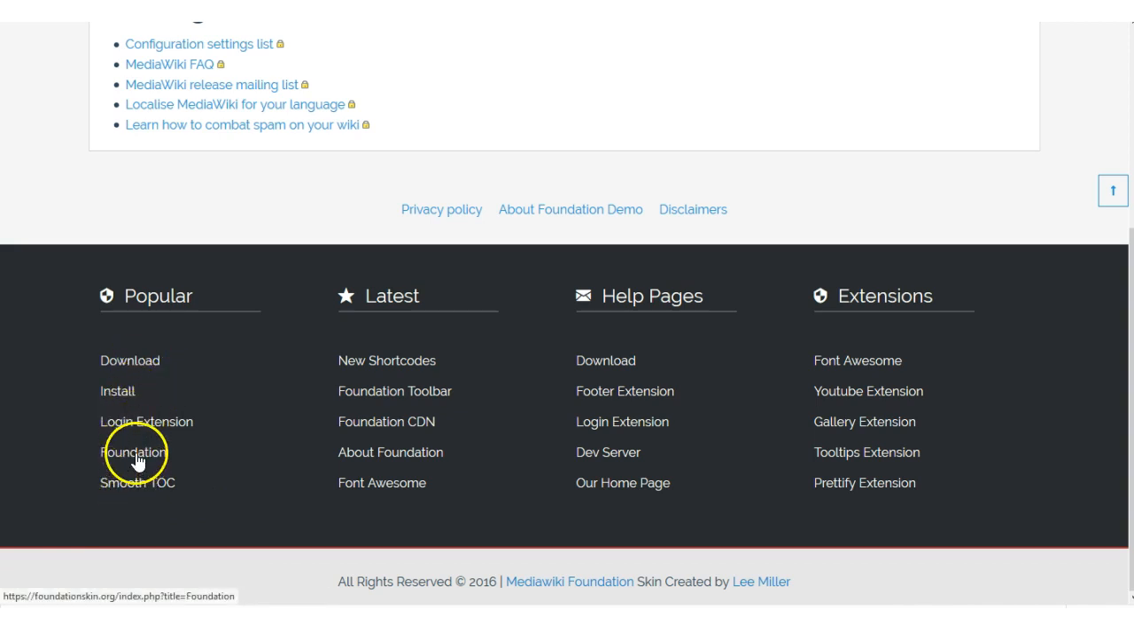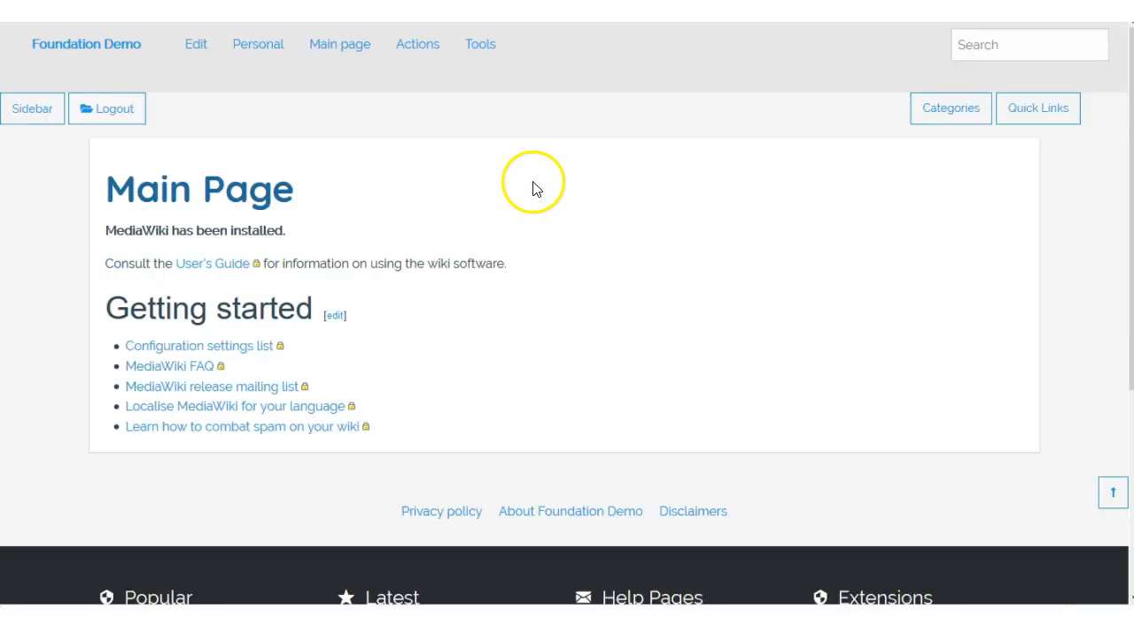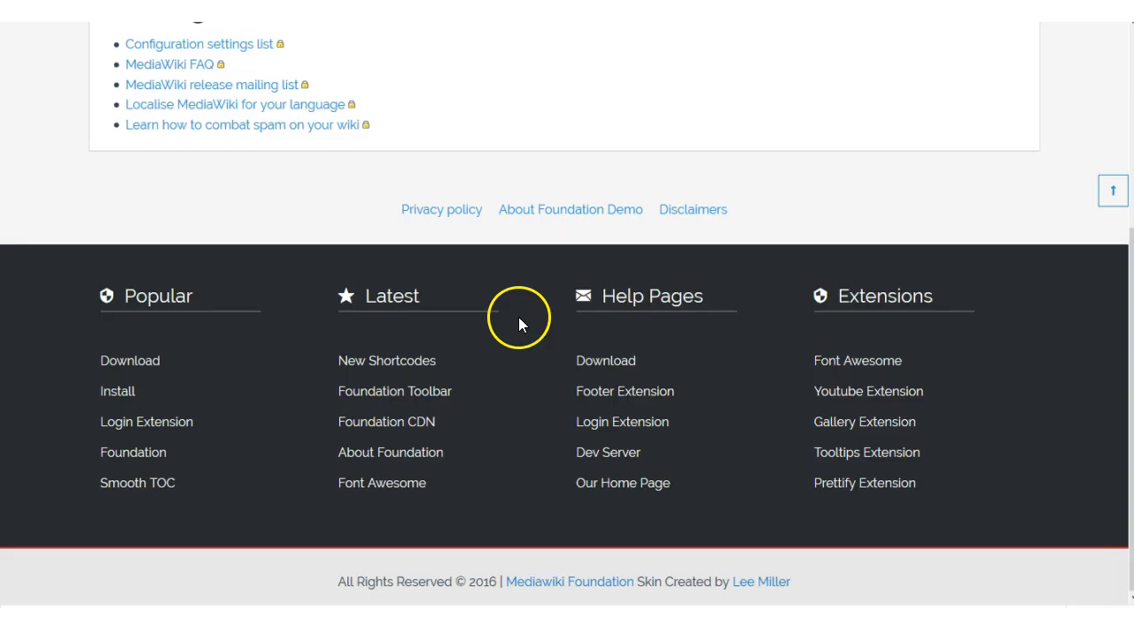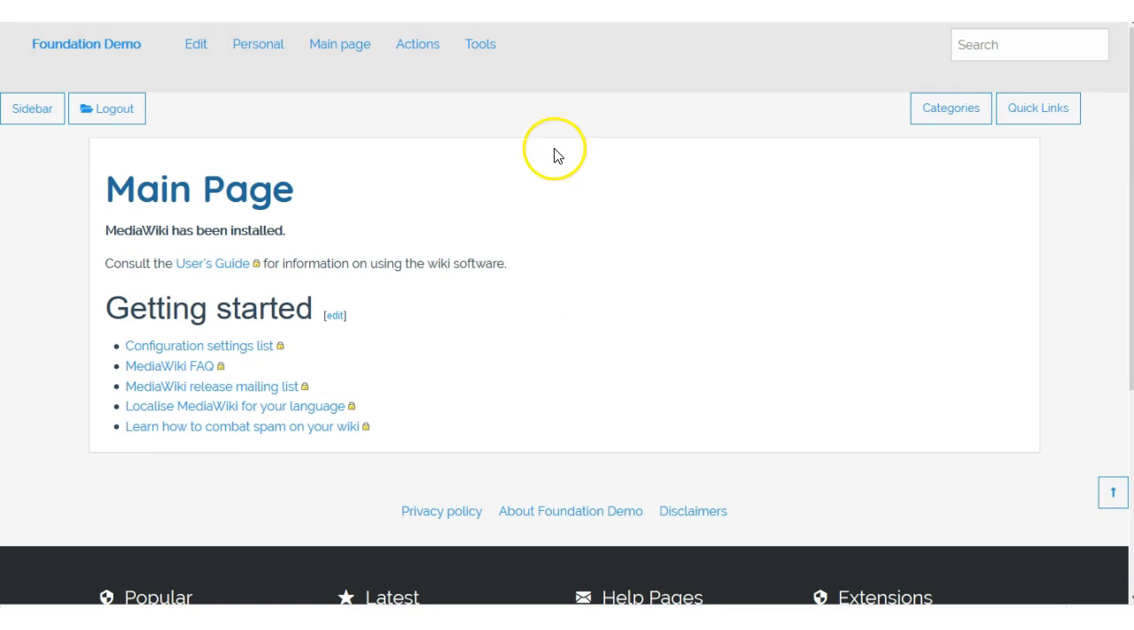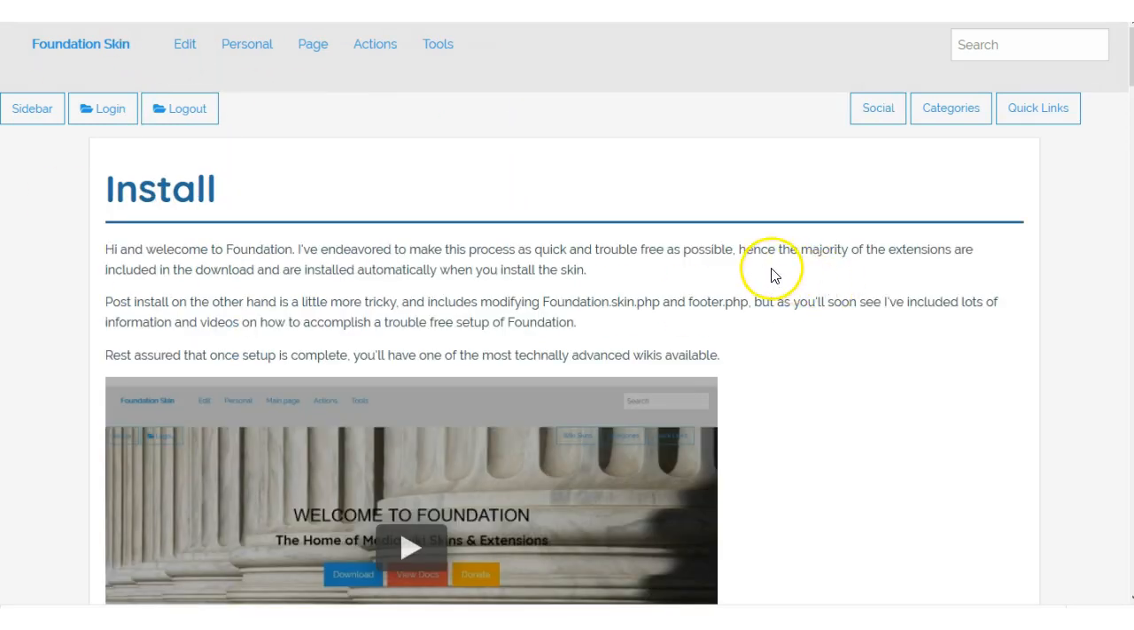it shows that what we're basically broadcasting in the footer links is articles from foundationskin.org and not the website we're on at the moment, which is foundationdemo.org. So what we need to do is change these. If we go back to the install page on,